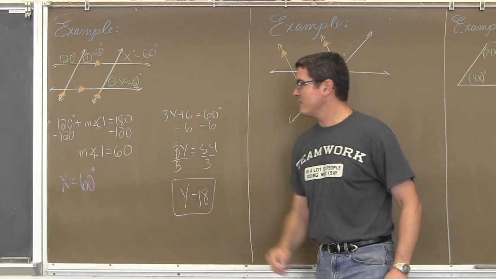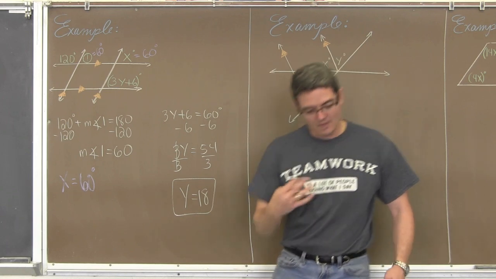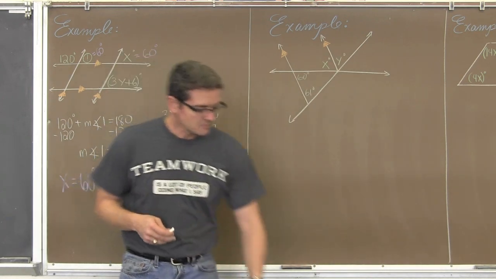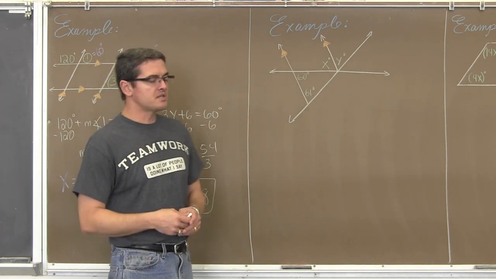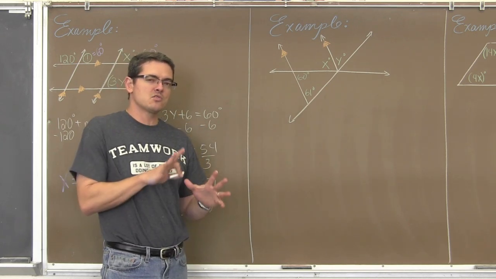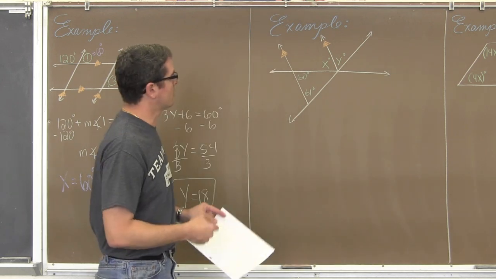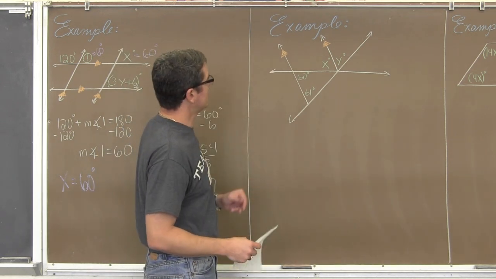Okay, so that's the end of my first example, and I have my value of x and my value of y. Moving over here, this one is going to take less work. It's just a matter of a different looking diagram and trying to, again, ignore the extraneous information we have. So let's see here.